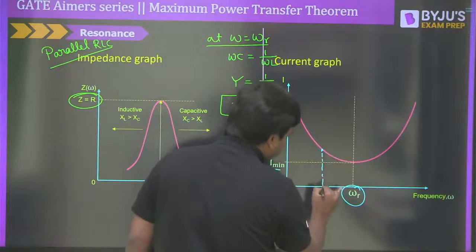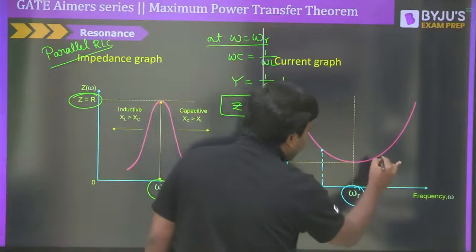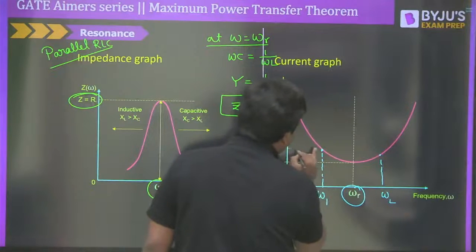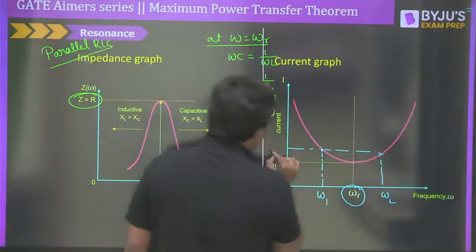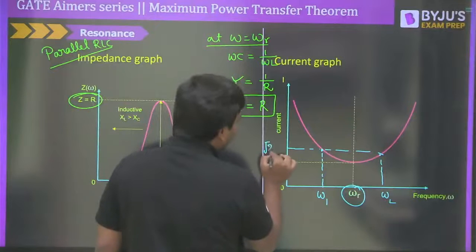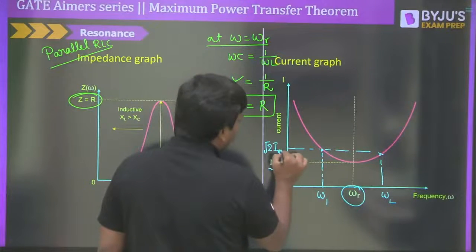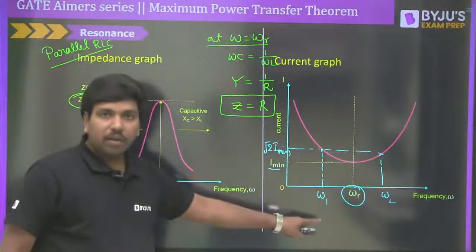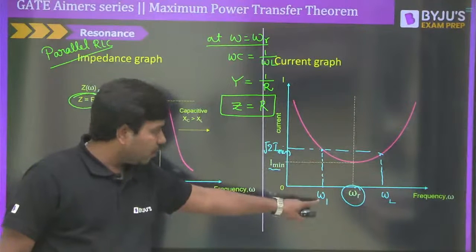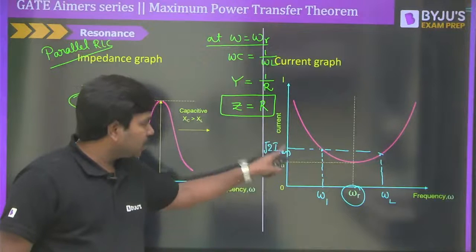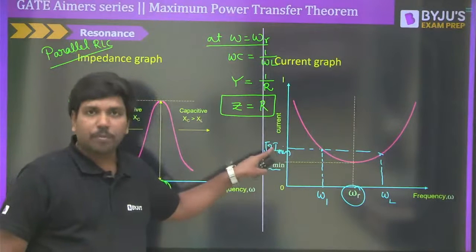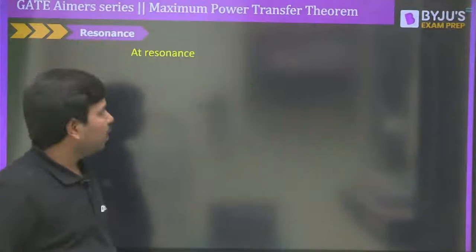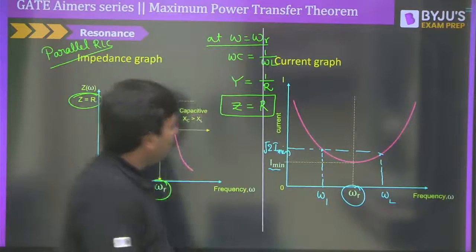At omega 1 and at omega 2, it is now going to become, if you see, 2 times the power. So in fact, root 2 times I minimum we are going to have here, right? Again, here we will use at omega equal to omega 1, you must have root 2 times the minimum current. So if you follow the same approach that we have followed, then obviously the bandwidth here,